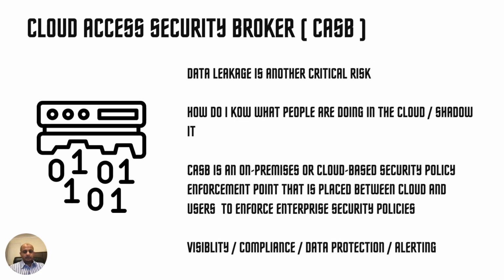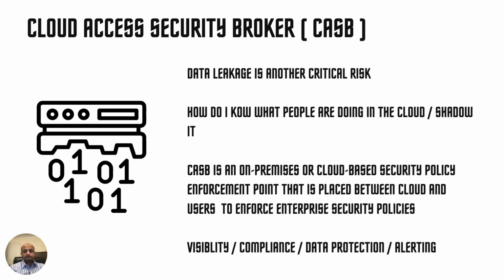And the second solution, which I would definitely recommend, guys, is a cloud access security broker. Simply put, it's for data leakage. How do you know what people are doing in the cloud? If you're using like 100 SaaS applications like Dropbox, Gmail, Google Workspace, how do you know who is doing what? How do you know they're not copying stuff out of your environment? So a CASB is a cloud access security broker. It becomes a single point which lets you monitor what the user activities are and how they're accessing it. All the traffic goes to the CASB, and from there it goes to the application. So whether you're using Office 365, Salesforce, or Dropbox, it becomes an extension of your on-prem data leakage prevention.